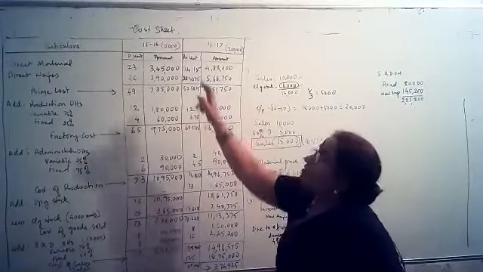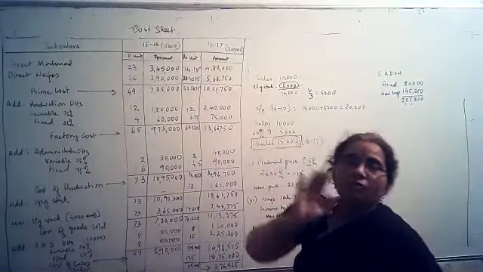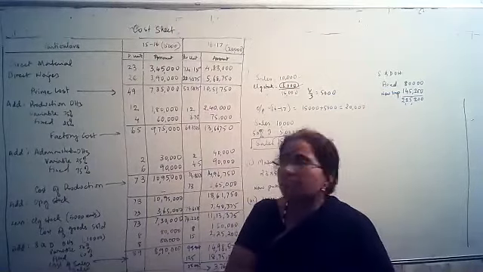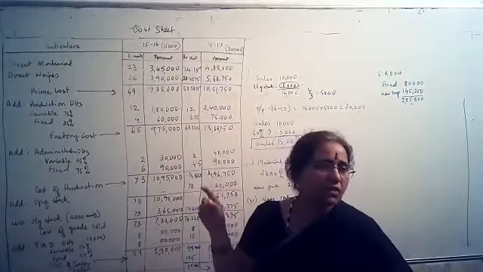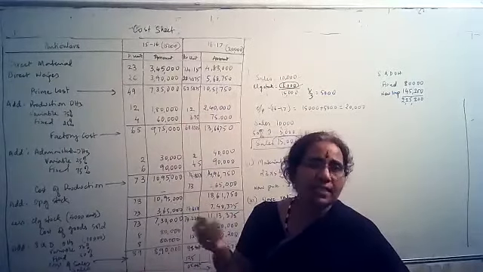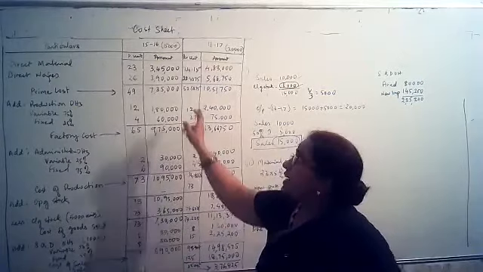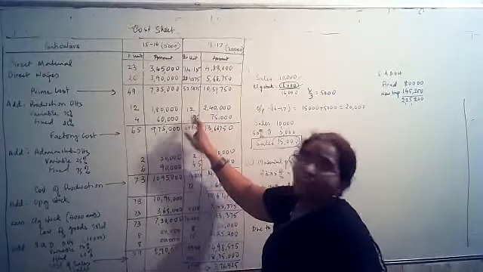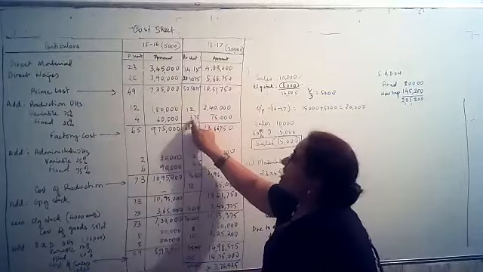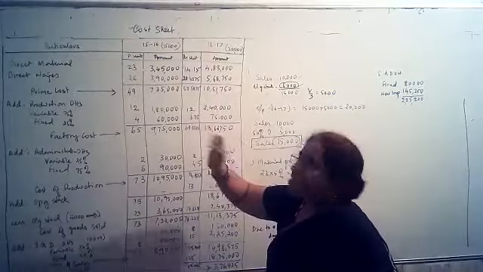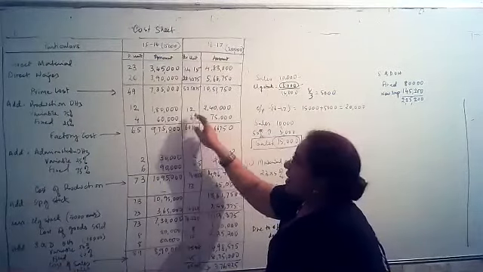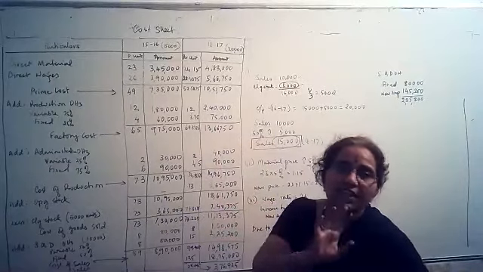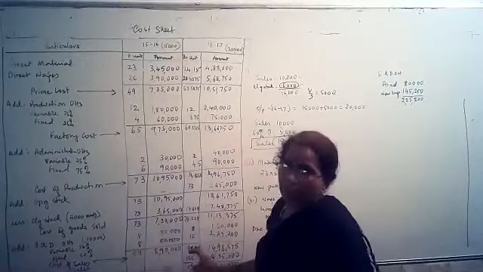Don't link it with the 15,000 number of units which is produced. Fixed cost always remains fixed. For some reason here the fixed cost of the factory is increased, production is increased. So they have given us this, never link it with the number of units produced. Here I have divided it by the number of units produced so that I can get the per unit cost. Otherwise, there is no need actually to have this. You can leave this column somewhere down when you are going. If they have not asked per unit, this is an extra working which I have done for you.